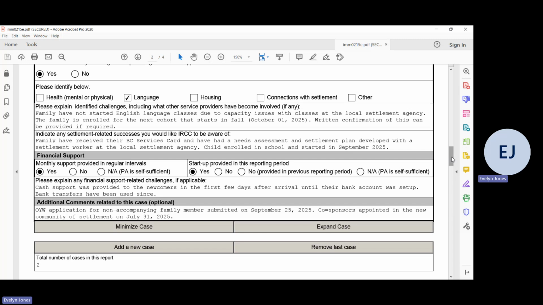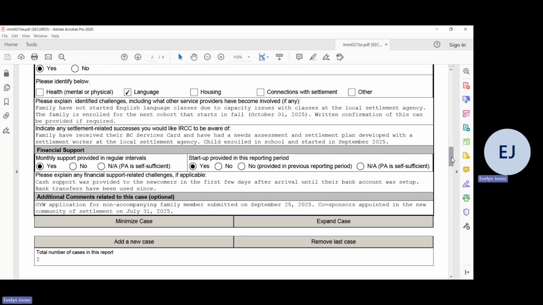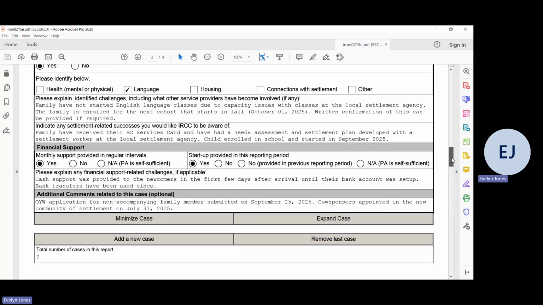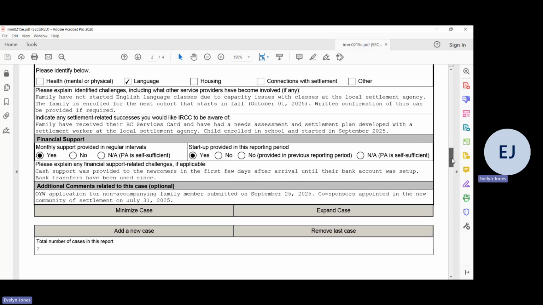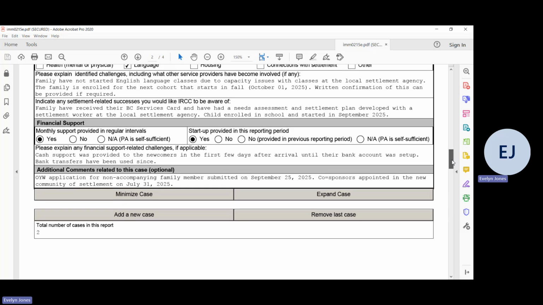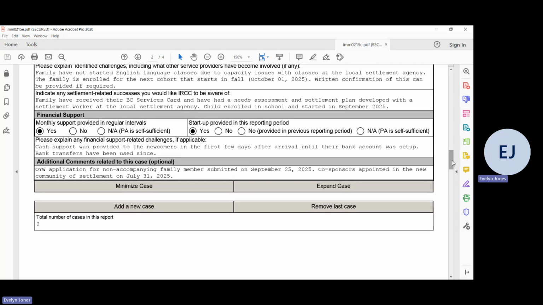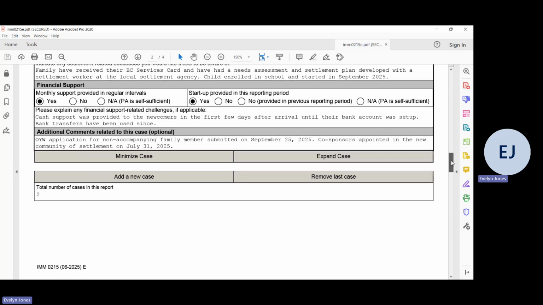So it's just to kind of give you an example of how this form is high level. It's like pointing out the things that are working, or some of the challenges that are happening in a post-arrival case, just to show that we are, as a SAW, looking into how this works and monitoring our case. It asks us if there are any settlement-related successes that you'd like IRCC to be aware of, and so we're able to share those successes here and give a little bit of an update on the financial support.